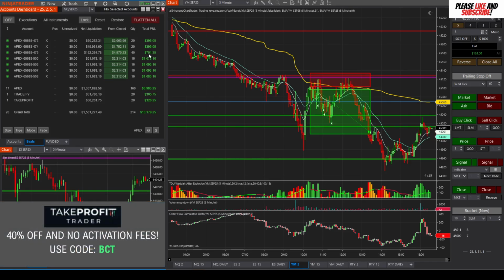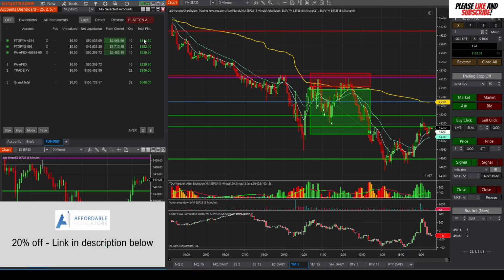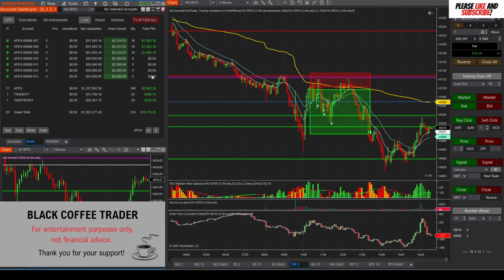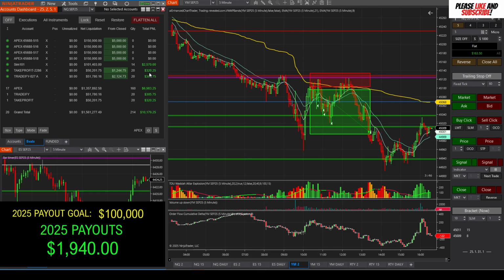I did take one extra trade today with the evals, trading micros, and that's why this ended up being at about 400 and 750, and this one, these ended up at 150 and 240. So in any case, that's where that comes in. Now you see I've got 5 evals here that were up $1,000 in profit. And these other accounts, I was testing a strategy this morning on my sim account. It worked out very well. So that's why that's here. And then here we have the other 2 accounts that I was copy trading as well. A take profit eval that I've been working on in this Tradeify eval that we were at 1,700 in profit. So not too bad. So that all looks fine and dandy.